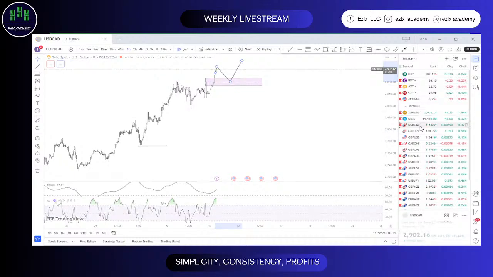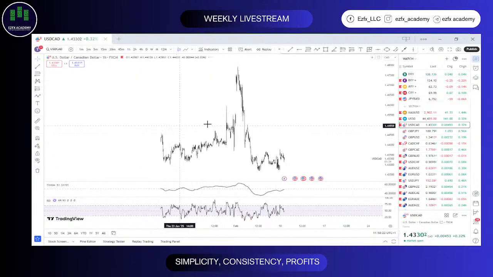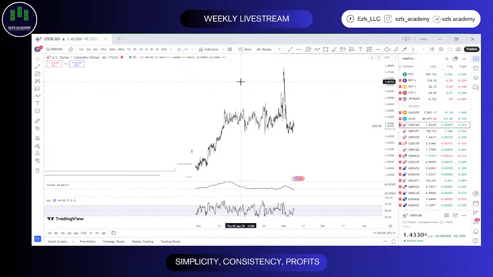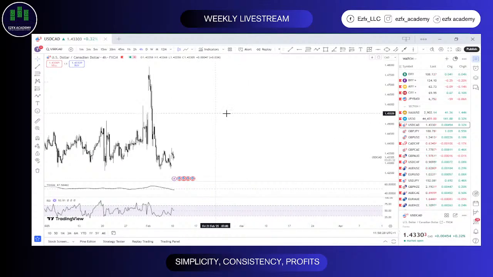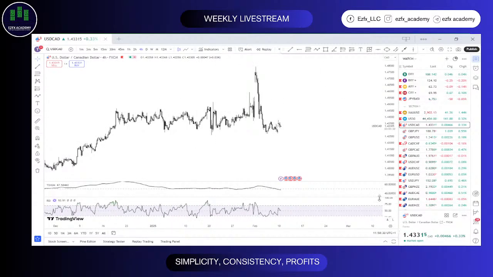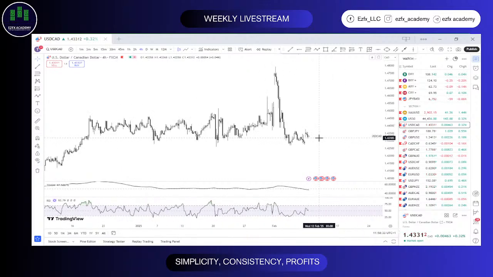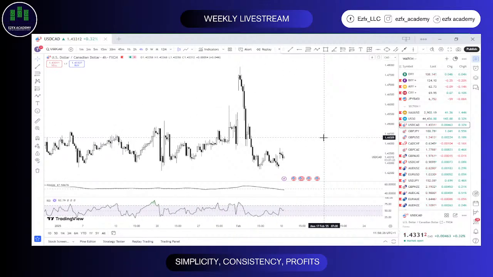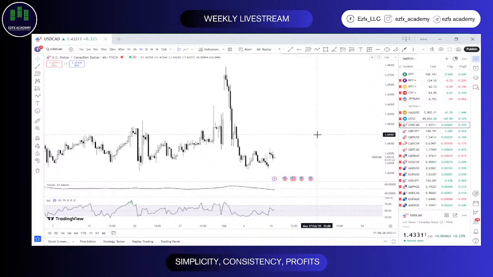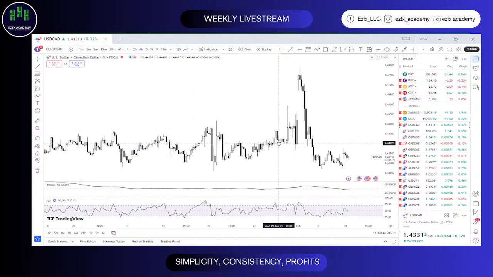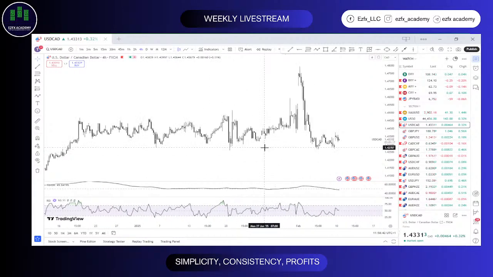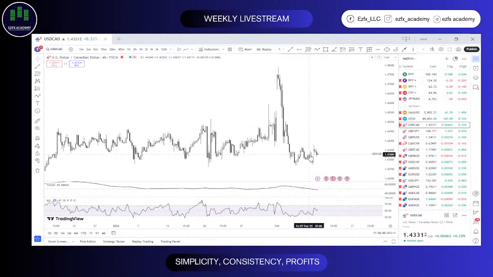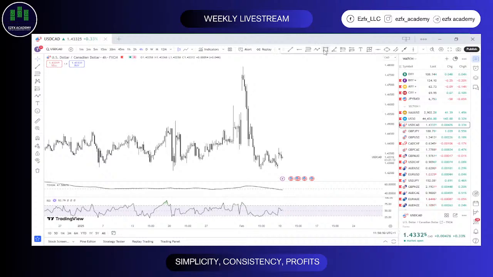All right, so let's move on. Let's see USD CAD. I remember last week I was quite bearish on USD CAD. I didn't expect the sell to go this far, but still we got to see that. For those of you who were able to capitalize off of the trade ideas and our market review last week, I congratulate you. For those who missed it and did nothing with it, I still congratulate you. It's better to keep your money than to lose it. But I don't think if you came for last week's market review, you would have lost. You shouldn't have lost.